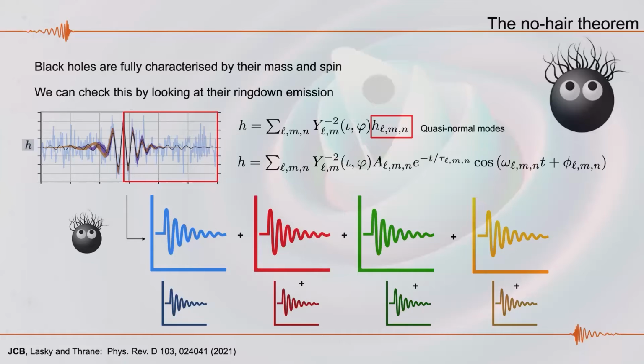several emission modes that are emitted in this ring down. This ring down is not just a single damped sinusoid, it's a combination of many of them. And you can check the cross consistency of these modes, namely the no-hair theorem basically is telling you that the damping time and the frequency of all of these modes that are emitted here are only given by the mass and the spin. So if you detect one and you infer the mass and the spin from one, you can infer what the other mode should look like.